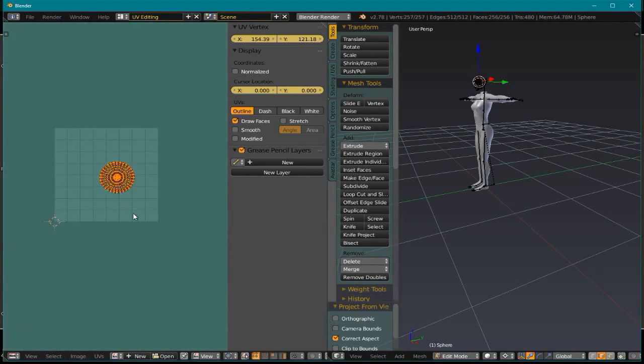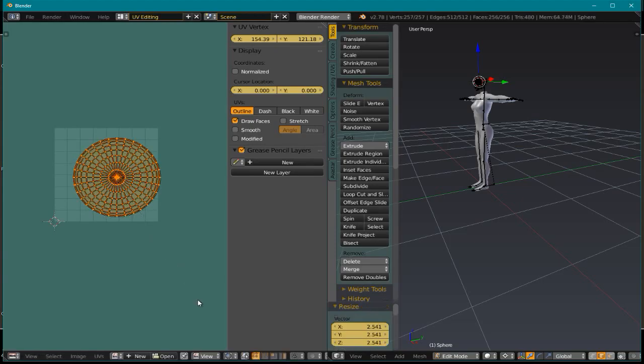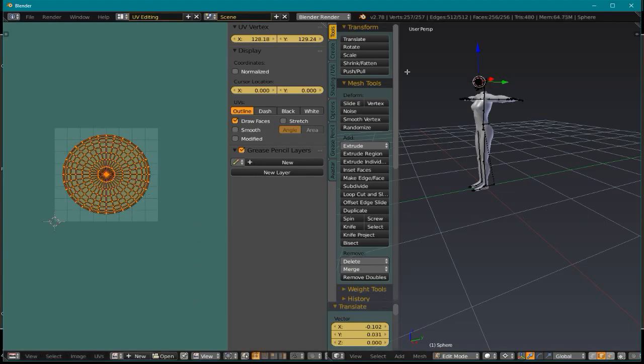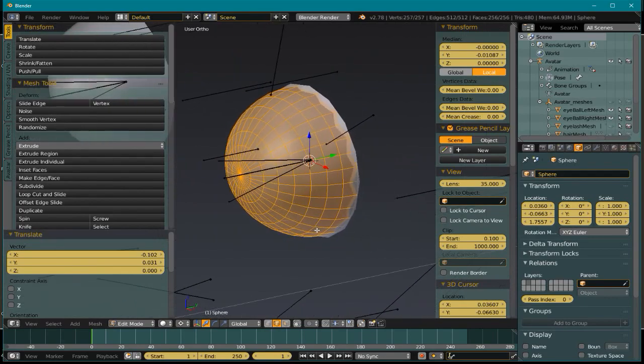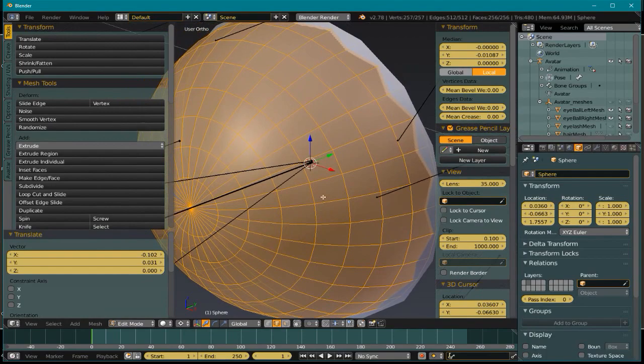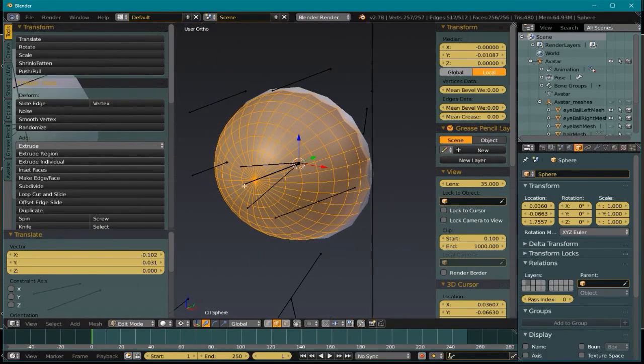So there's my eyeball, and I could scale it in my view to cover the whole area. Hit G to move it. So that's basically how to create an eyeball, how to center it, and how to get it lined up perfectly,